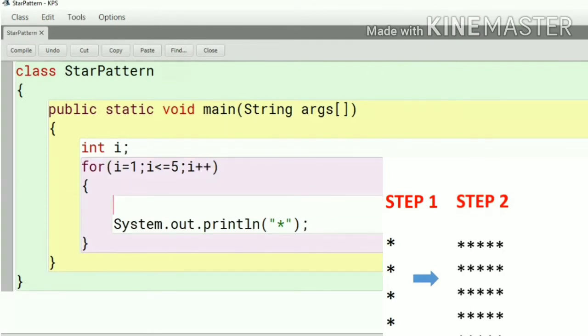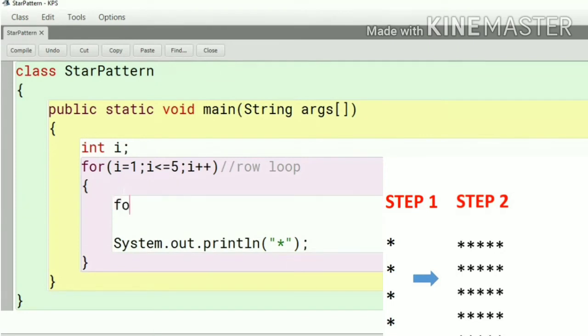This loop is for counting the rows, that means counting the different lines. We can call it the row loop, and for the column there will be another loop that is for printing. For the printing we'll take j equal to 1, j less than or equal to 5 according to our question, j++.